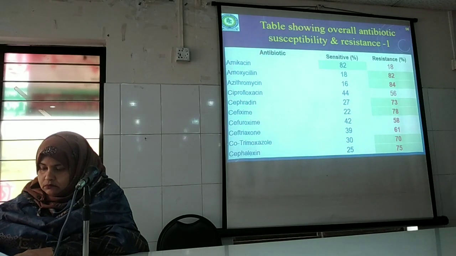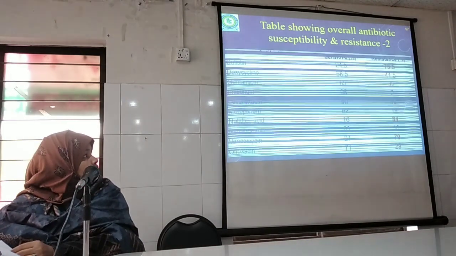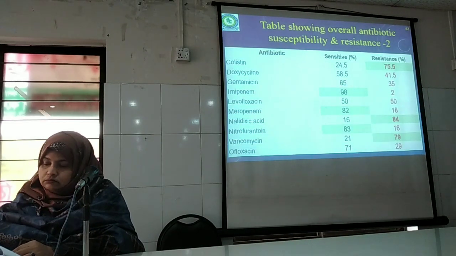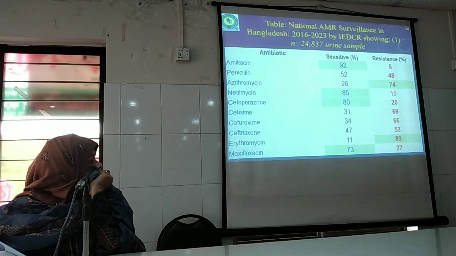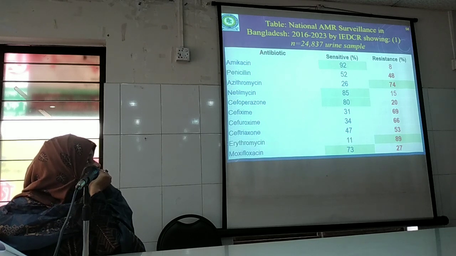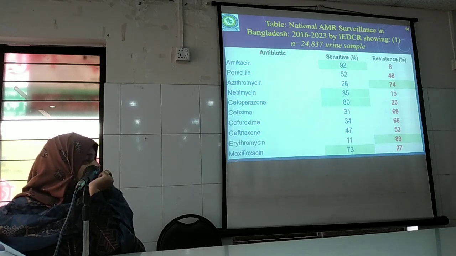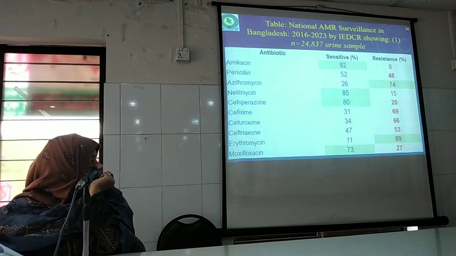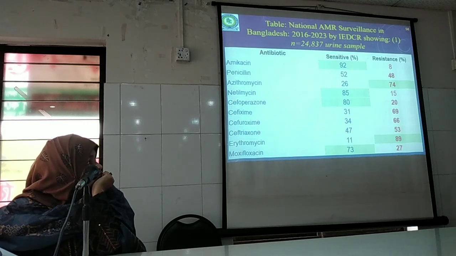Overall table showing overall antibiotic susceptibility and resistance. Table showing national antimicrobial resistance surveillance in Bangladesh, from 2016 to 2023 by IEDCR. Sample size was 24,837 from urine. Amikacin resistance 8%, penicillin 48% resistance, azithromycin 74% resistance, netilmicin 15% resistance,